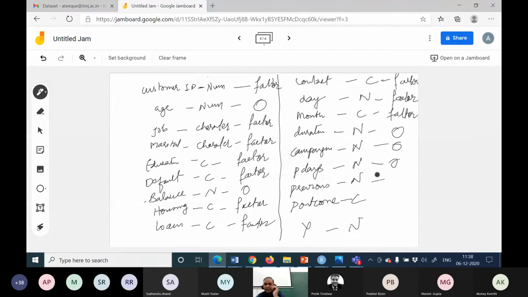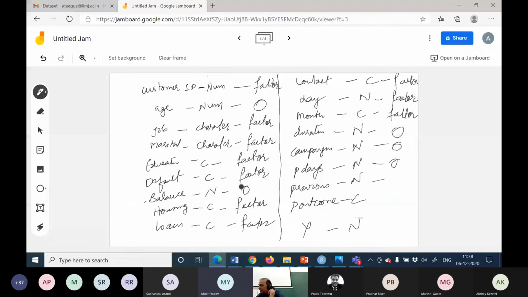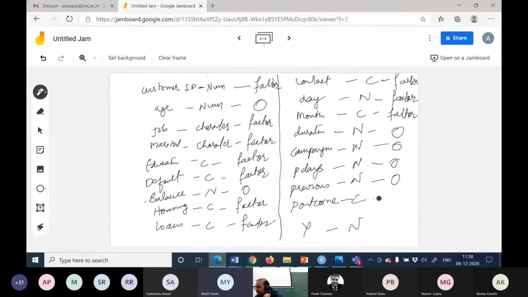देन हाँ, नेक्स्ट व्हाट इज प्रीवियस? वो बता रहा है कि ये कैंपेन रन करने के पहले हमने कितनी बार उससे कांटेक्ट किया था, राइट? ये भी न्यूमेरिक है, ये भी न्यूमेरिक है. उसके बाद आउटकम, पोआउटकम, आउटकम ऑफ द लास्ट कैंपेन, तो कैटेगोरिकल है, वो बता रहा है कि इसके पहले वाली कैंपेन थी उसका क्या आउटकम था. ओके ओके, तो ये हो गया फैक्टर, ठीक है. एंड ये y जो है, y न्यूमेरिक है या फैक्टर है? न्यूमेरिक है सर, नहीं मतलब होना बाइनरी चाहिए, बाइनरी लॉजिस्टिक, बाइनरी मतलब फैक्टर, राइट? राइट,